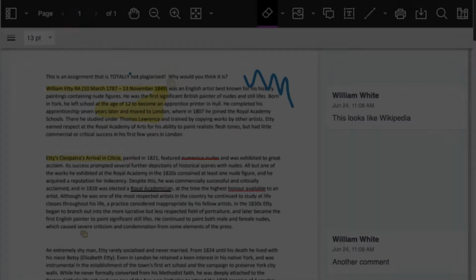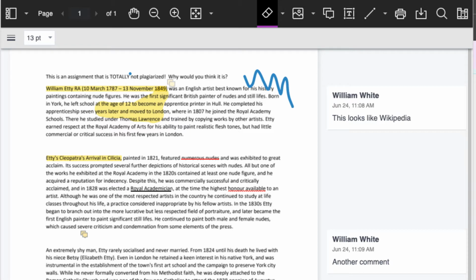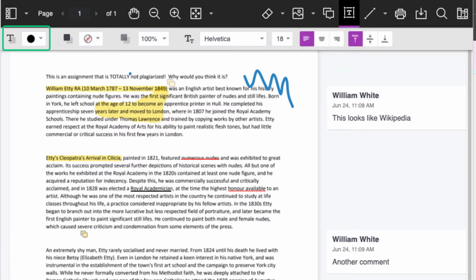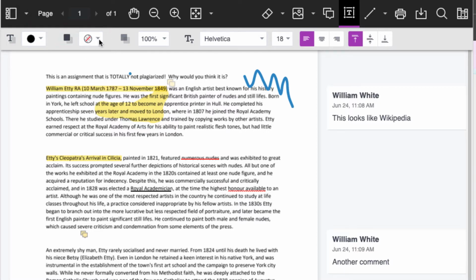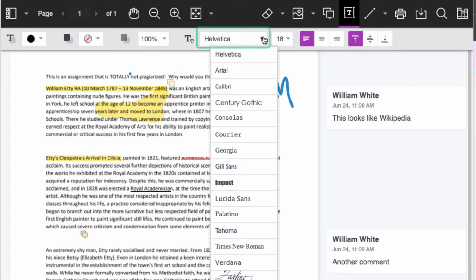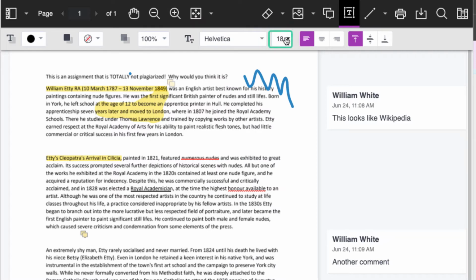Alright, let's get started. Instead of using the comments tool, you might want to leave text directly on the paper. You can do that here as well, and that's with the text box icon. Click that, and again we get options. We have the text color, we have the background for the entire text box. Again, we have the transparency, and this applies to both the text color and the background. We've got a number of different fonts that we can choose. We can control the size of our text. We can control the alignment, so if it's left aligned, centered, or right aligned. And we can also control how it's vertically aligned within the text box.